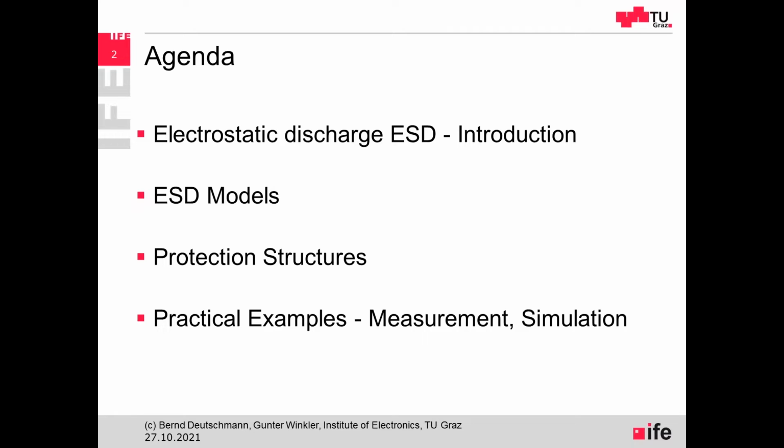Then I would like to give you a short overview about ESD models. For example, the human body model or the machine model or discharge device model. So these are all kind of models how we can check if electronic systems are robust and how robust they are against transient disturbances. And then we would like to talk a little bit more about protection structures. So how can we protect integrated circuits, for example, from transient disturbances? Yeah, some practical examples, some measurements and simulations. And this will be then especially the parts where my colleague David is then taking over.